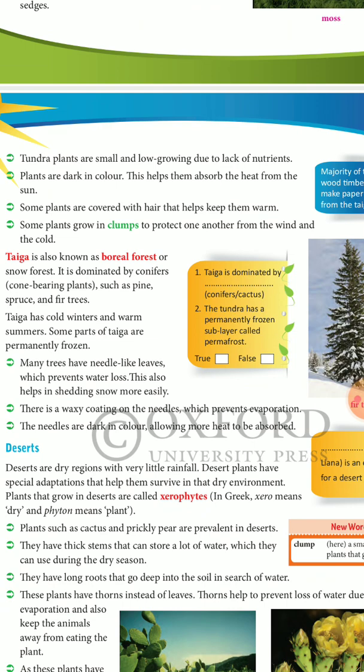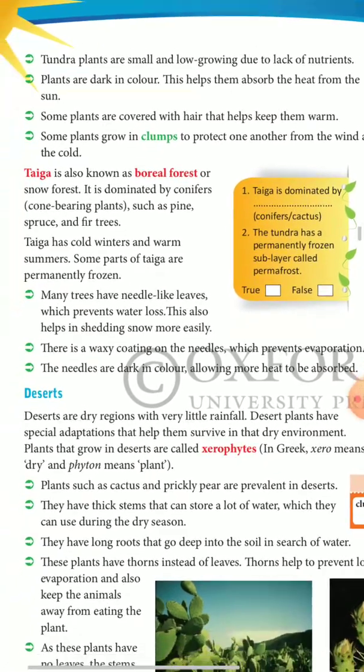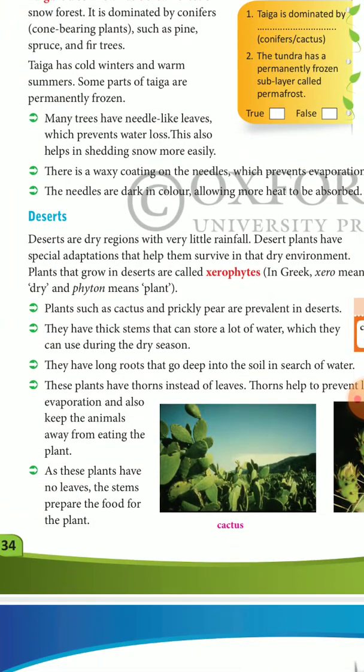So, clear? We had discussed the tundra region, which was completely covered under ice throughout the year, and it was called permafrost. Then we talked about the taiga region. In the taiga region, the winters are cold and the summers are a bit warmer. So the plants growing in these regions will have different adaptations. Clear? Now we will move to one more nice, beautiful place.